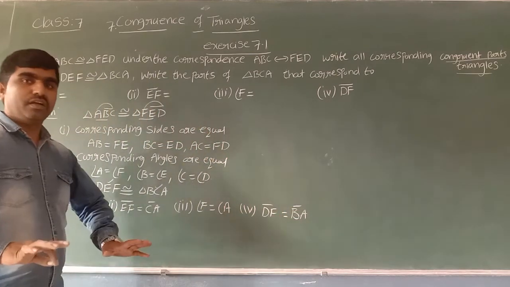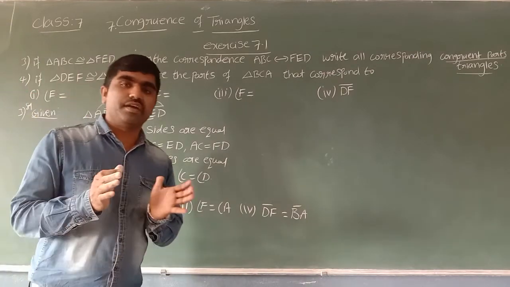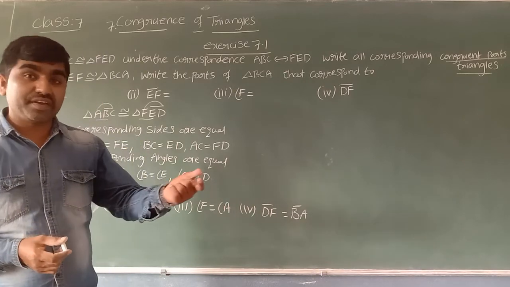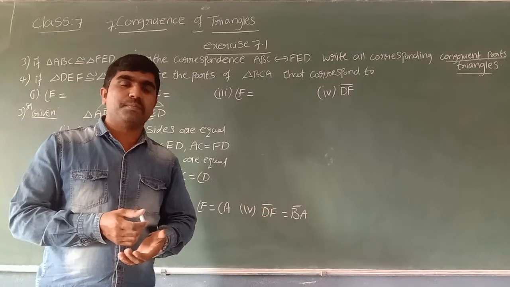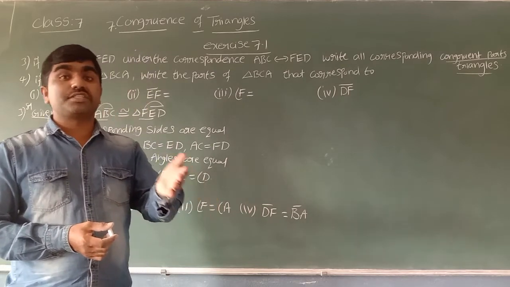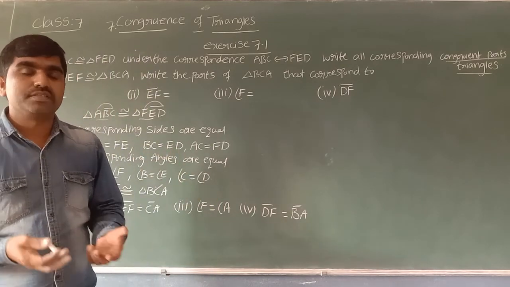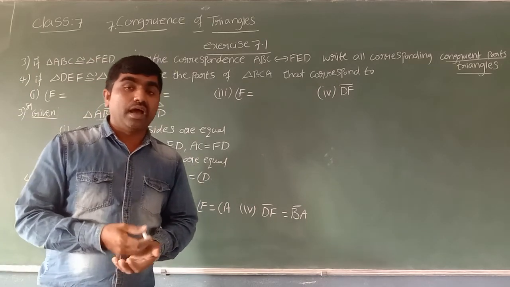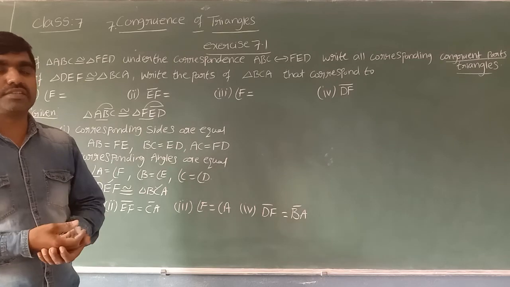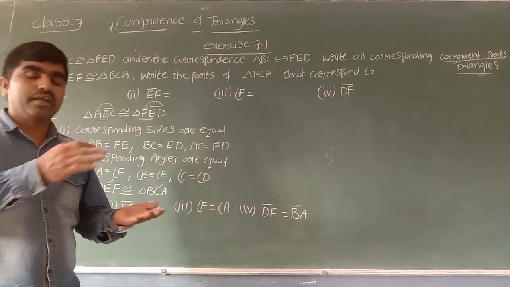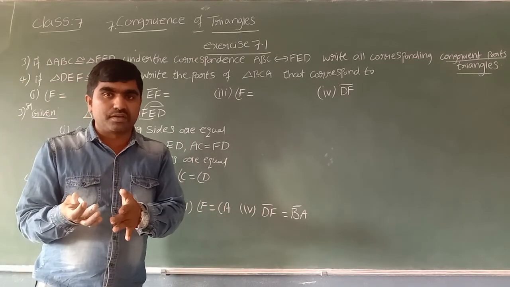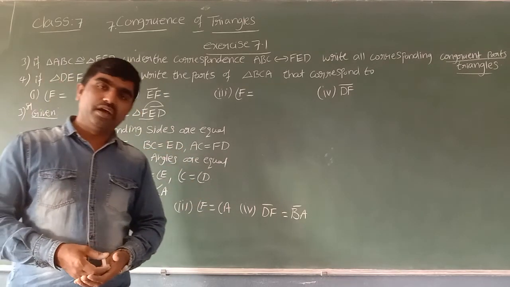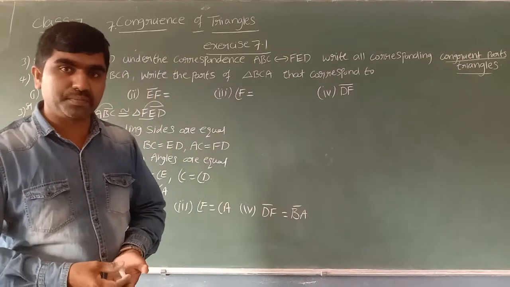Hope it is clear. In today's session we learned what is meant by congruent figures and what is meant by similar figures. Figures are said to be congruent when they have the same shape and same size. Figures are said to be similar when they have the same shape, and size may be the same or different. We also learned examples of congruence, and when we can say two triangles are congruent: their corresponding six parts are equal. It means their corresponding sides are equal and corresponding angles are also equal. Hope this concept is clear for you.